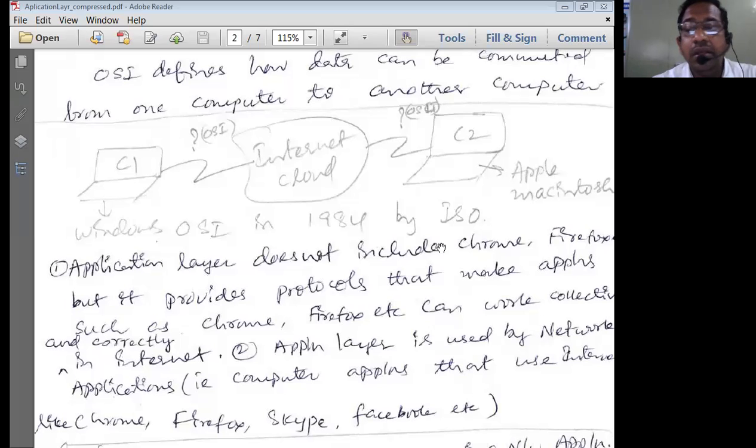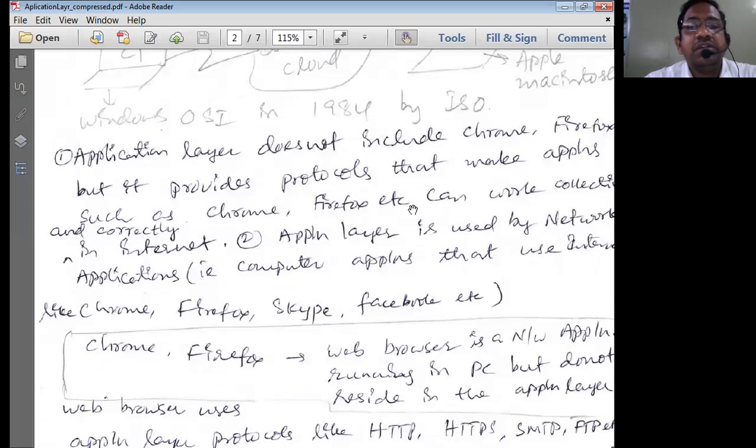Now, in the case of internetwork communication, that scenario is not at all going to be there. The reason is that we have a layered network protocol architecture. Because of that, independent of the types of networks and environments, we can transmit the data. That is similar to achieving platform independency in Java.